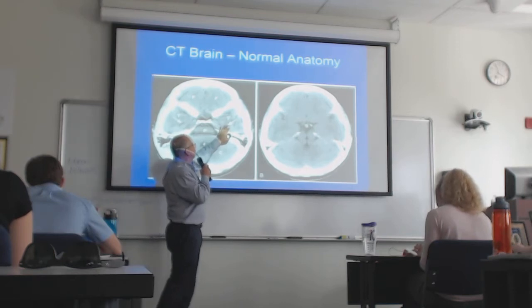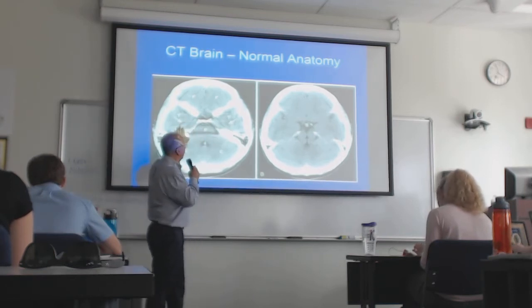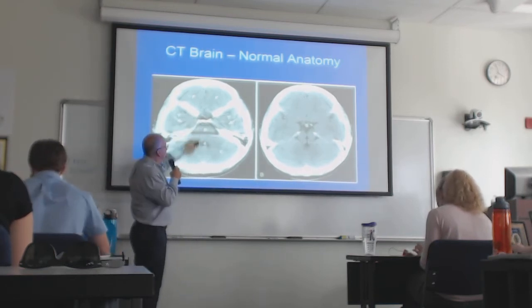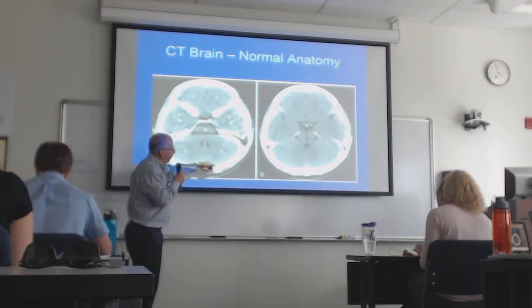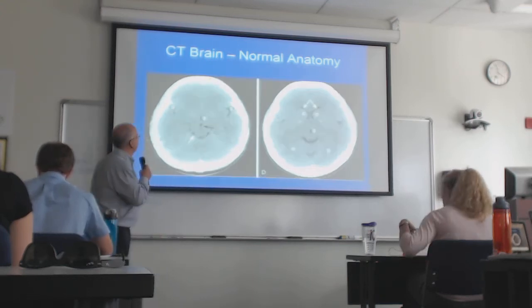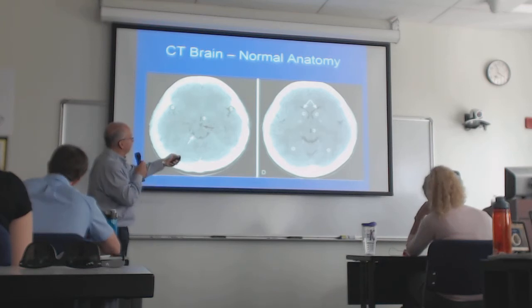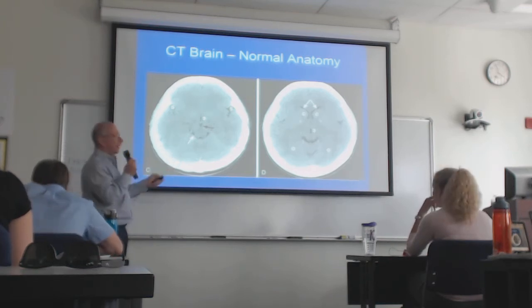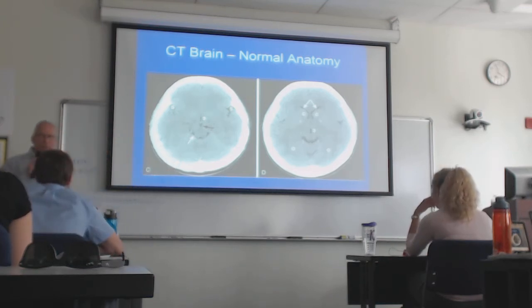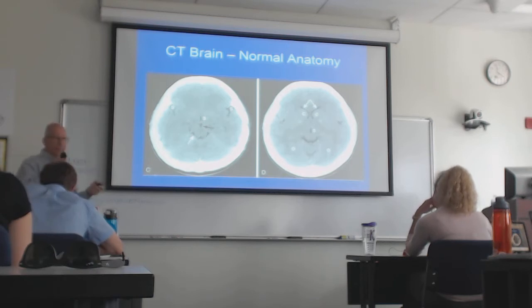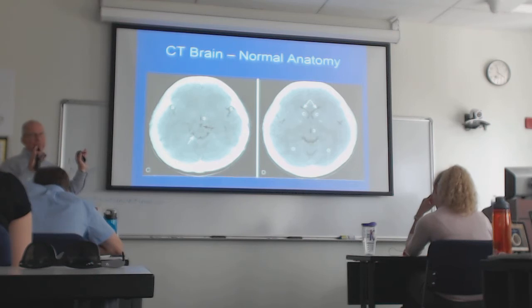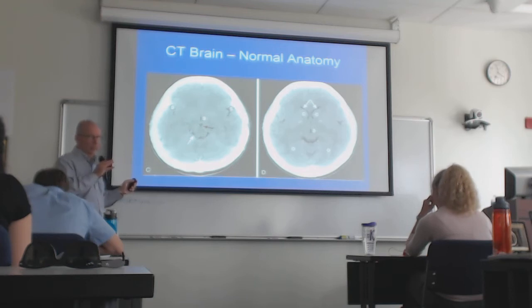There's the temporal horns of the lateral ventricles, frontal lobes, fourth ventricle, pons, cerebellum. A little higher up again. We kind of did all this. Anyone have any brain anatomy questions, either from this or from your anatomy lecture, that might be unclear? I'm sure your anatomy references are much better than these, so I wouldn't expect you to have too many questions, but you probably got it all figured out.